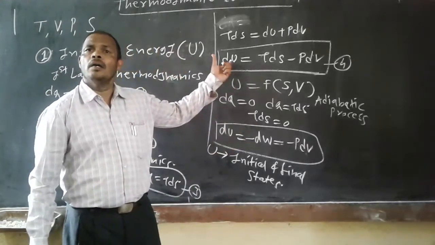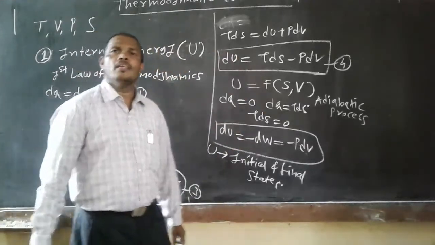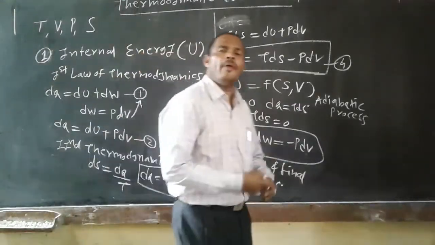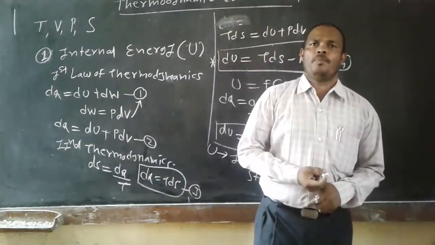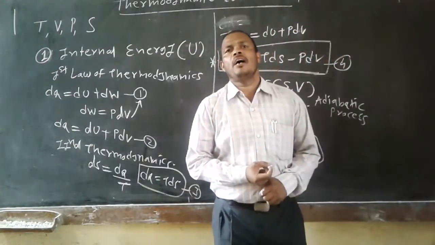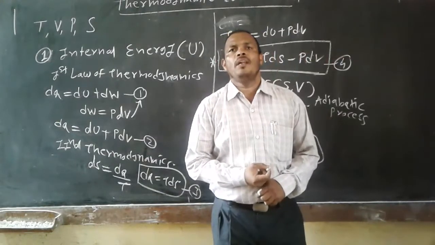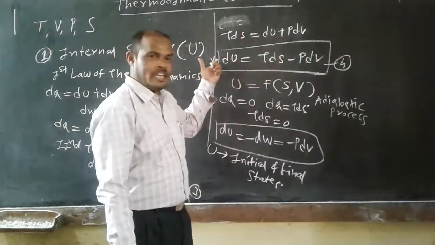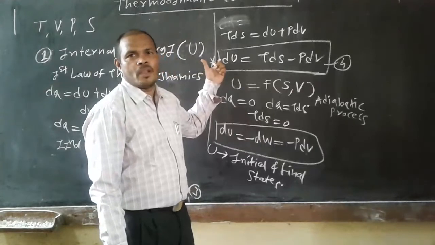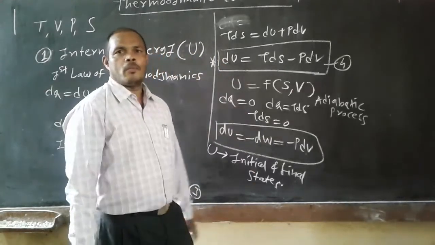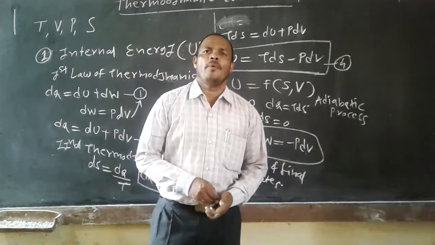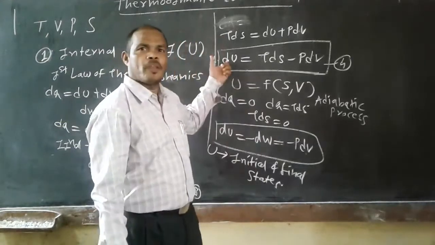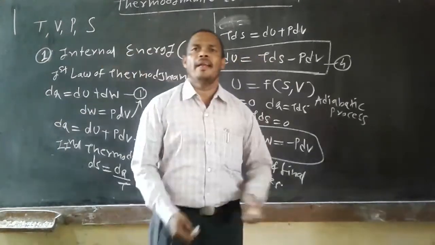Remember this formula, dU is equal to TdS minus PdV, because this formula is basic for deriving Maxwell's equations. In the next incoming lecture, we have to derive Maxwell's equations. So for Maxwell equations, this equation 4 is very important. And today we stop by discussing the first thermodynamic variable, that is internal energy, in the differential form dU is equal to TdS minus PdV.